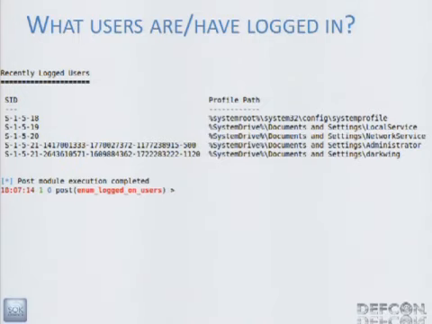This module here is the enum logged on users, and it gives you the SID and the profile path of all of the users that are currently in the credential cache. So because of the way Windows caches credentials, you can just look around for anybody who not only is logged in right now, but who has logged in recently. And from that you can steal cached hashes, but sometimes it's more important just to know that that person has been there. And all of that is part of Presence.